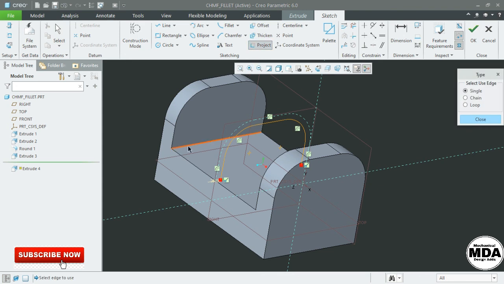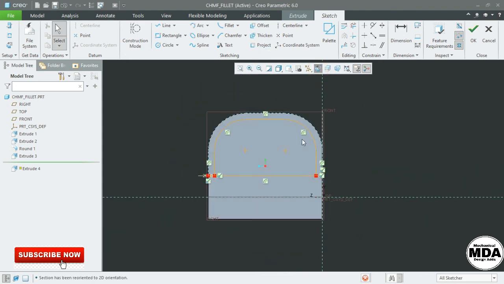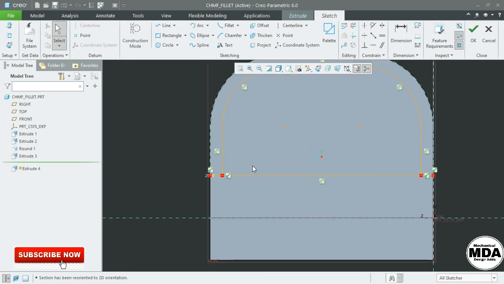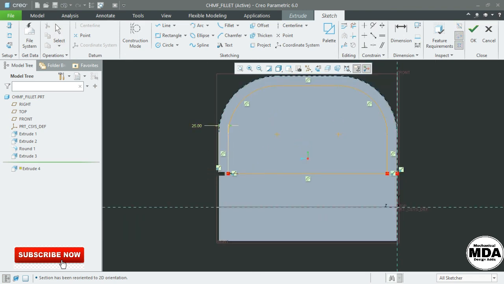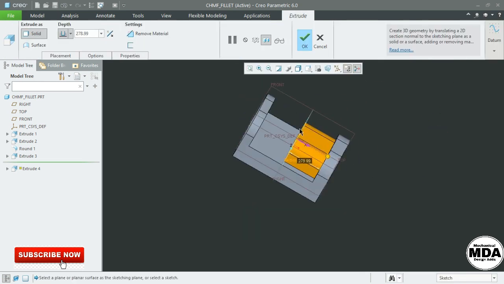Now project. So here you can see that some open ends. Delete. Now say OK.